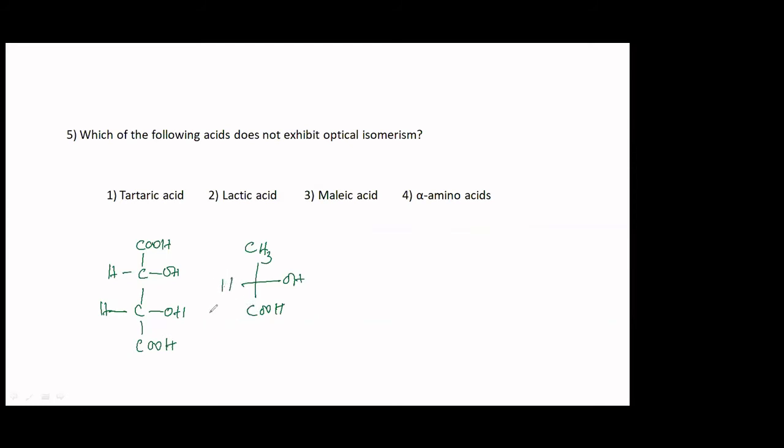This is once again lactic acid, CH3, CHOH, COOH. Second one, malic acid, as I said, has a C double bond C. It is an unsaturated acid. COOH, COOH, H and H. Alpha amino acids, you all know that the NH2 group will be there at the alpha position. This is the alpha carbon. This could be any group. These are alpha amino acids. The alpha carbon has got an NH2 group.